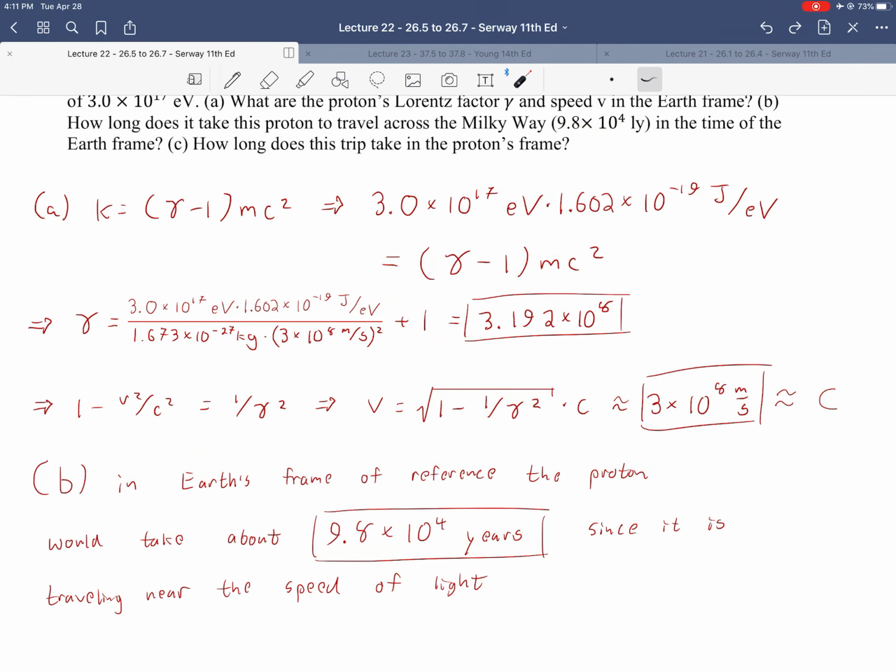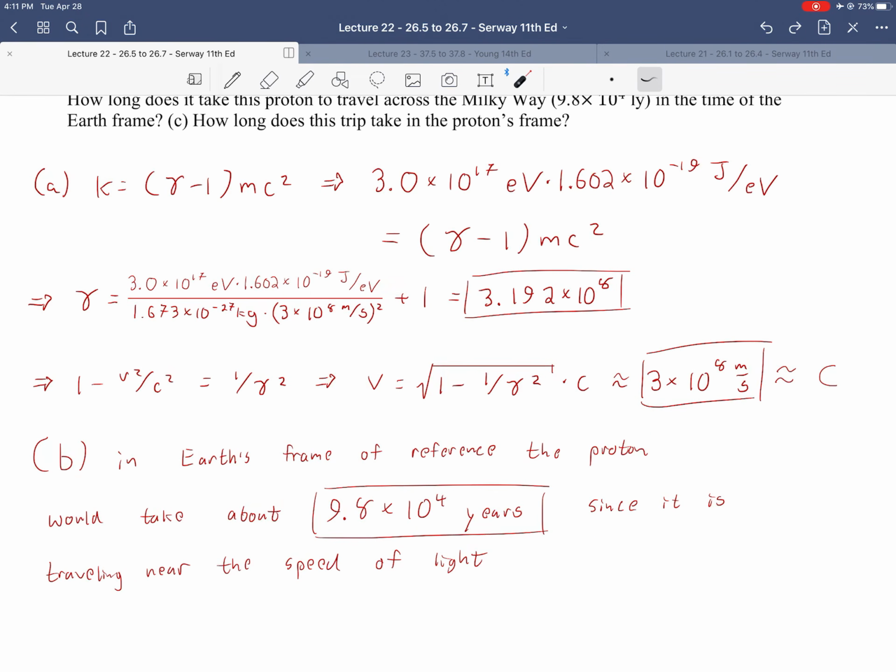So in Earth's reference frame then, since the proton is going nearly the speed of light, and it wants to cross the entire Milky Way, which is 9.8 times 10 to the 4 light years, well, then it would simply take 9.8 times 10 to the 4 years, right? Because that is the size of our galaxy, by the way. Our galaxy is about 100,000 light years across, because it's 10 times 10 to the 4. So it's about a 50,000 light year radius, but a 100,000 light year diameter for the